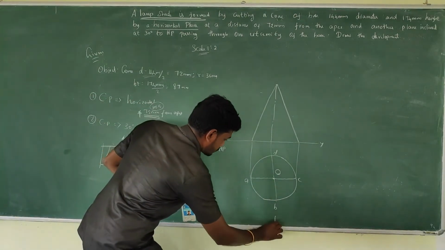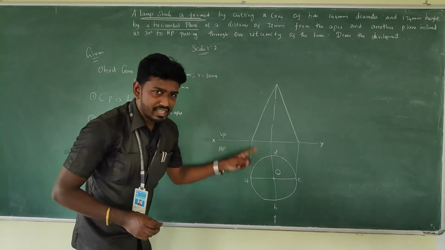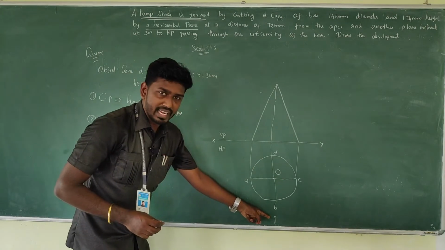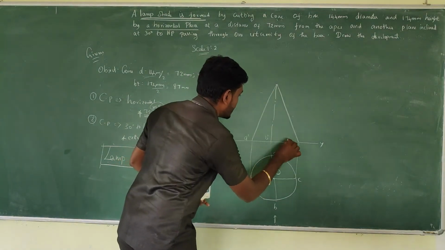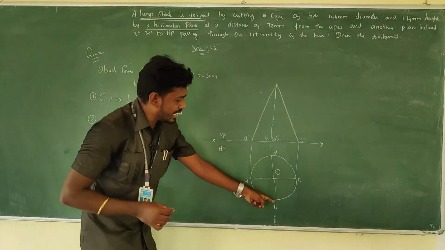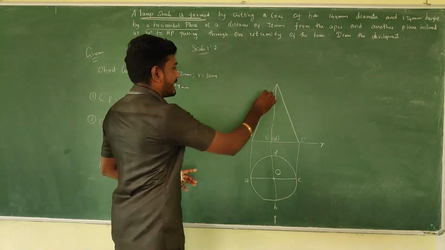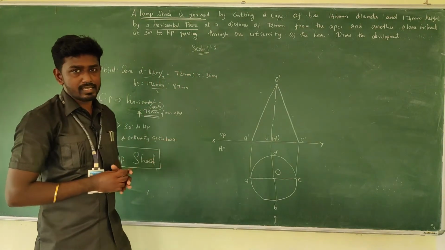Then notation comes. It's a front view. Observation should be taken something like this. So A, B, C will be visible. A dash, B dash and C dash will be visible. D dash will be invisible, just lying behind B. And then this is the apex. I'm going to take it as O dash.